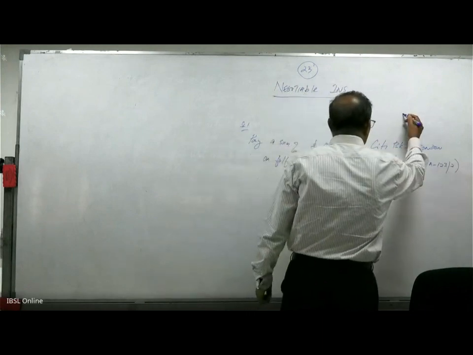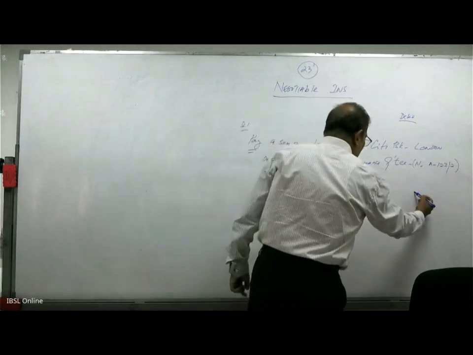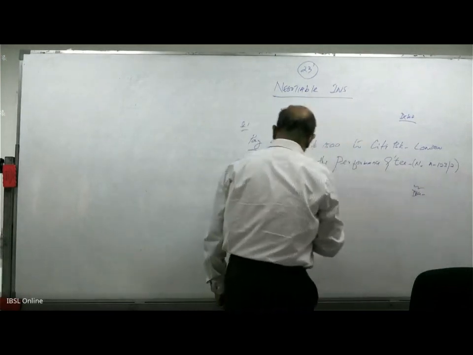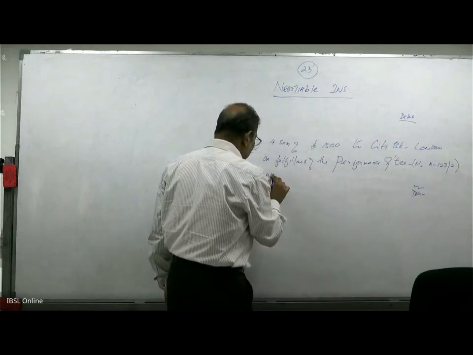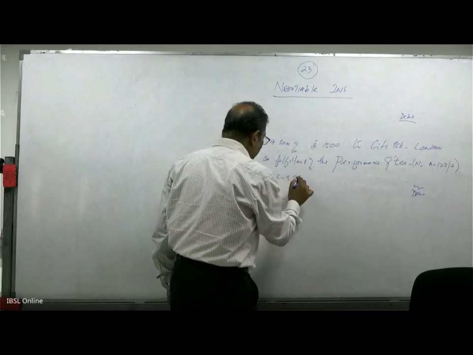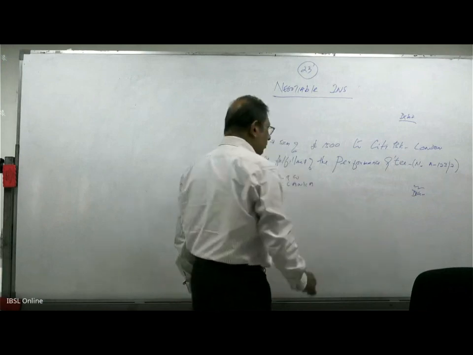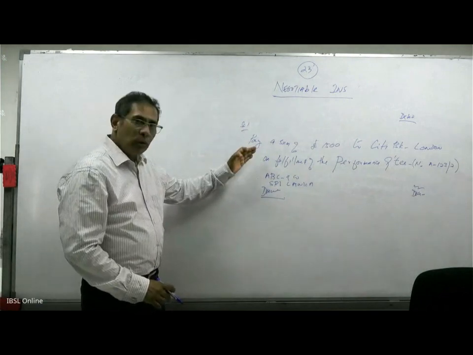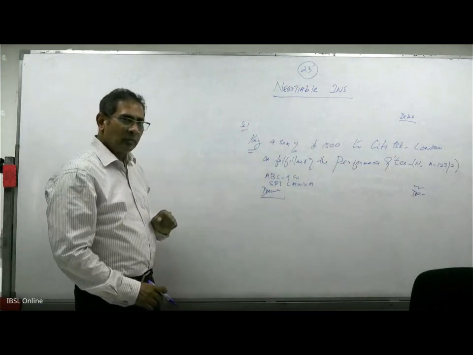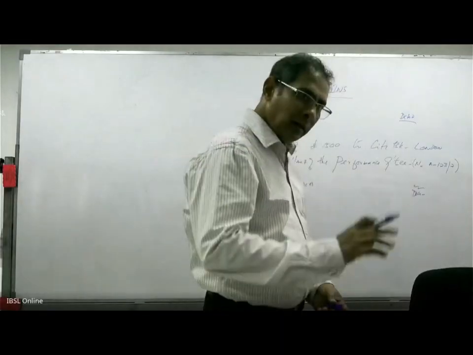The bill of exchange is being dated. There's a pay clause, and then there's a drawer who has signed, and there's a drawee as well. And here is ABC and Company, Sri Lanka. My question is, can you accept the bill of exchange? No, you cannot accept. Do you have an answer for that?